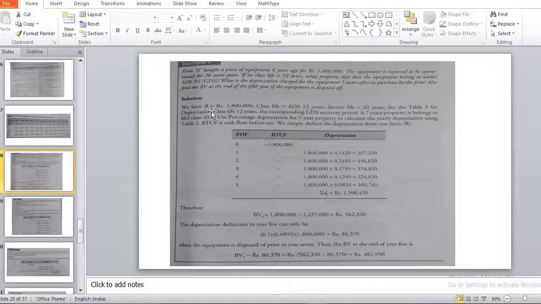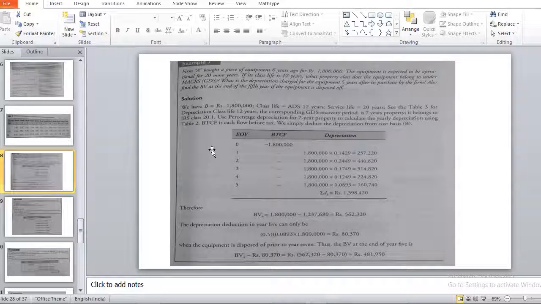So here now, what are the given quantities? The cost basis value is given as 18 lakh. The class life according to the table is given as 12 years. The service life is 20 years, but according to the class life, it is 12 years. So from table number 3,